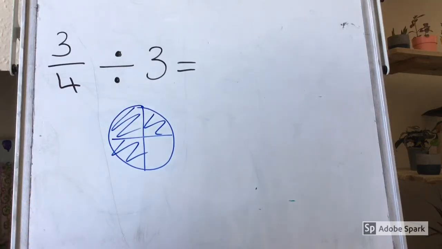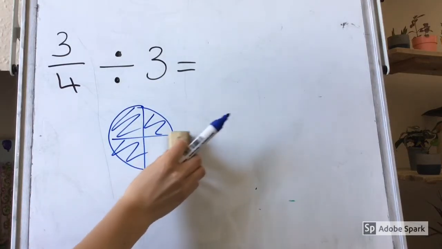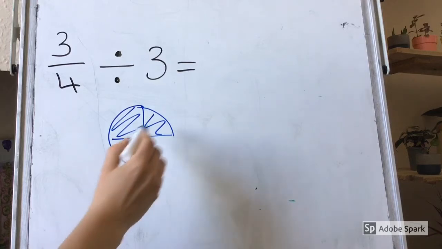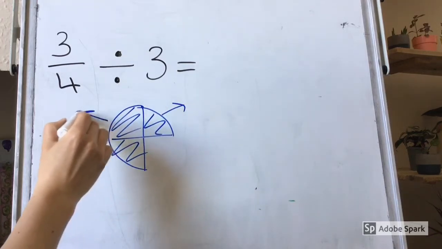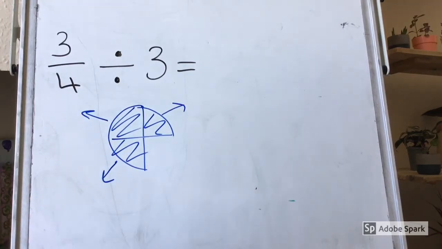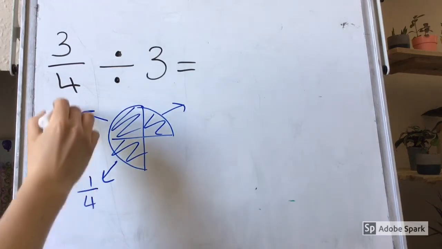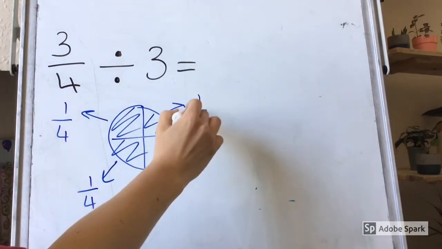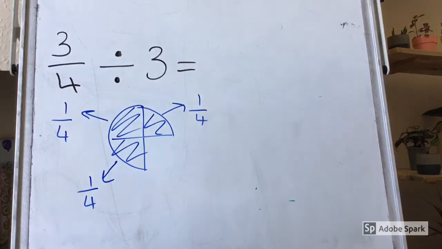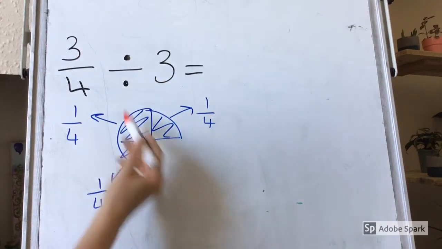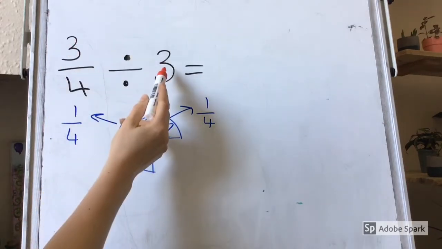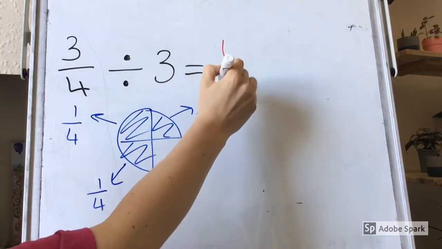So here we've got 3/4 divided by 3. And we can pretend that this is 3/4 of a pizza that's left over, and we need to split this between 3 people. So each person would get 1/4, because we've split those 3/4 into 3. Here, because our numerator is a multiple of our divisor, we can easily do 3 divided by 3, which makes